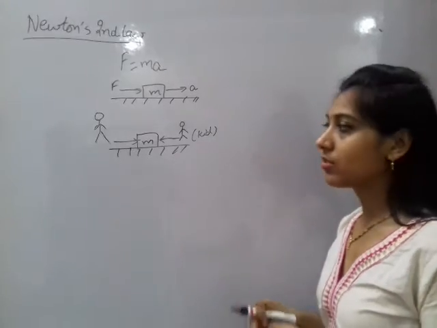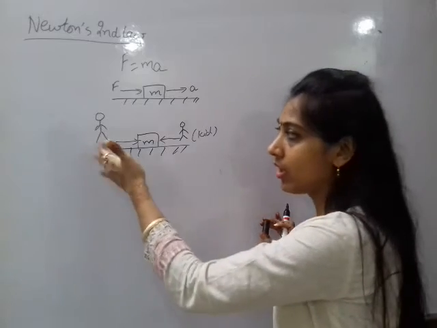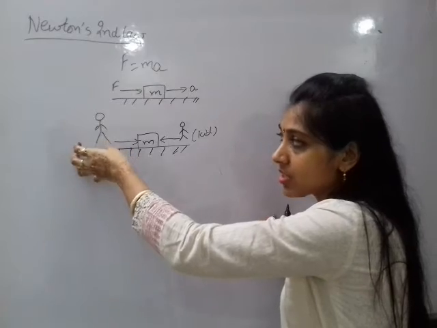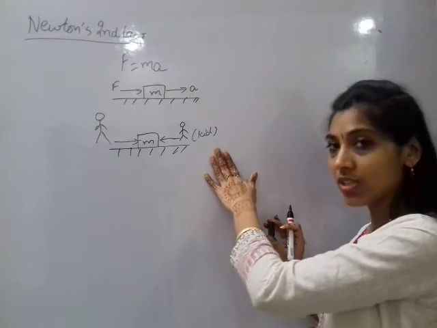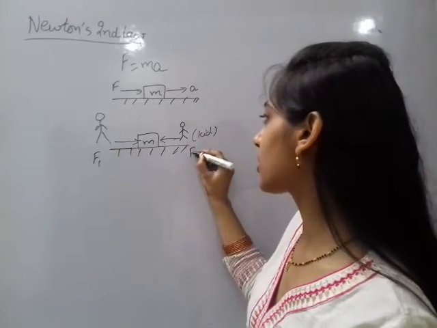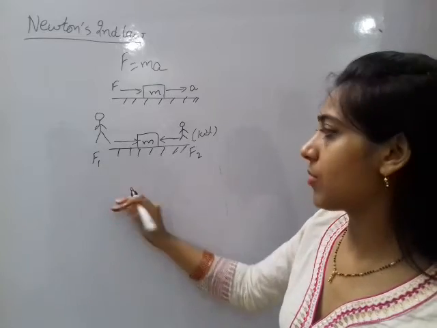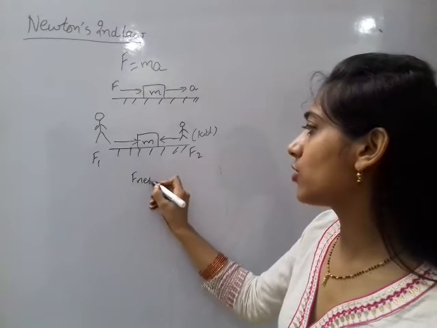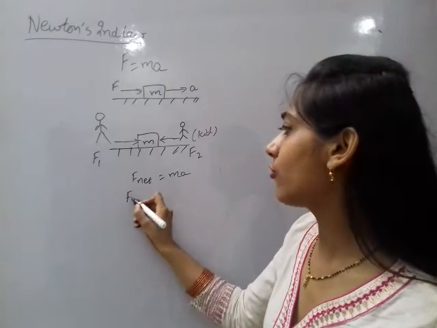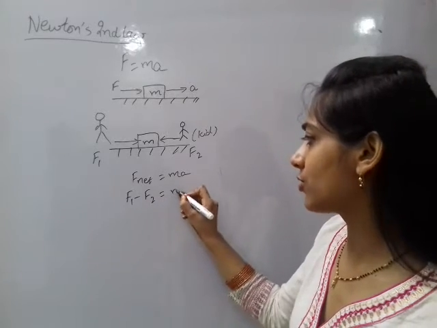Then what happens, this mass is moving on which side, obviously it is moving in this side. Why? Because this person applies more force as compared to this kid. So let here force is F1 and here force is F2. Then what does the equation become now? F net is equal to again ma, net force. That is net force. How we have to find it? F1 minus F2 is equal to ma.